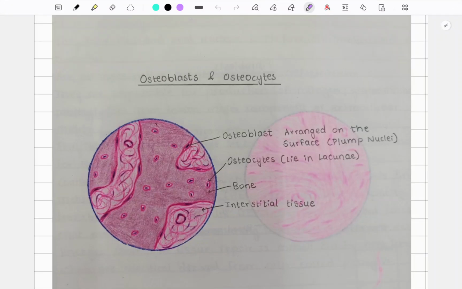This video is specially for first year BDS students preparing for DADH practical exams. Today we will go through some of the most important histological slides, how to identify them step by step, and I have also included my own hand-drawn diagrams and examples to make everything easier to understand and remember.